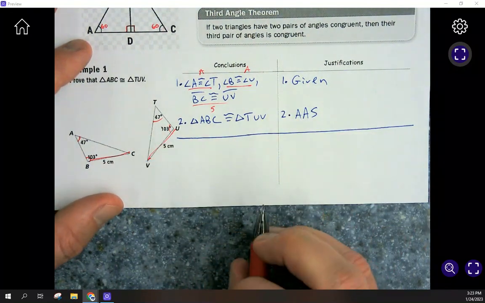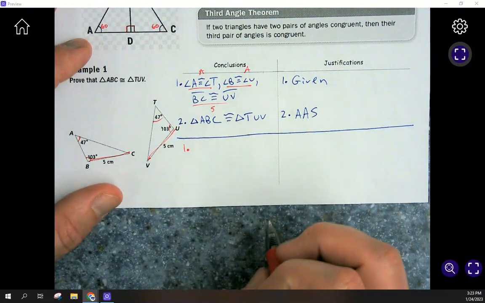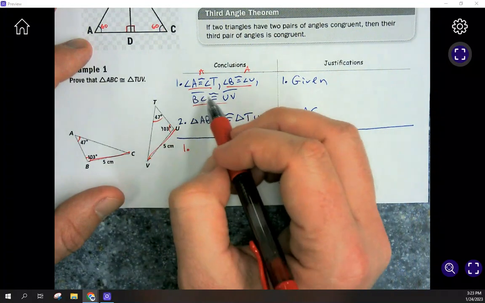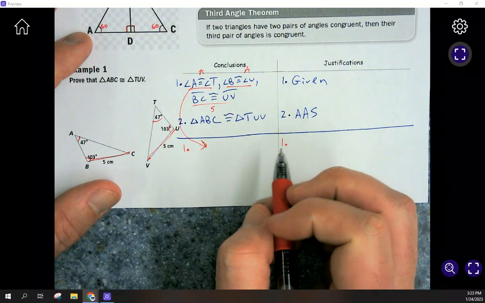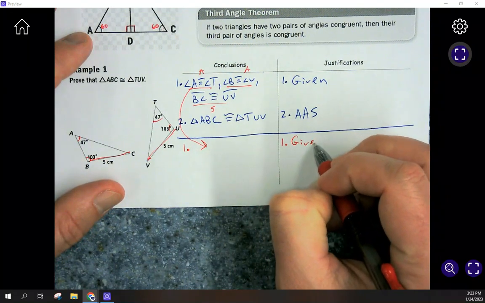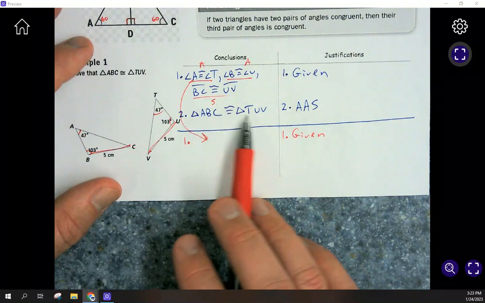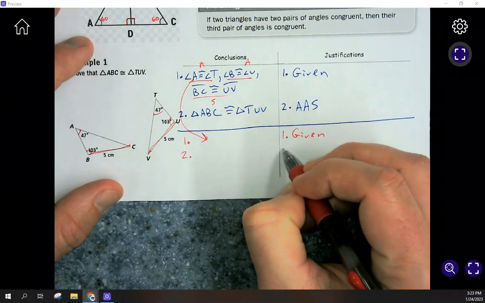Everything was already given to you. But I could solve this by something other than angle, angle, side. So let me show you what that would look like. So this first part, you would actually have all of that there. I'm not going to rewrite it for the sake of time here in the notes. But that's all given. And of course, if that's all given, then I could just say that these are congruent by this. But just to do it a different way,